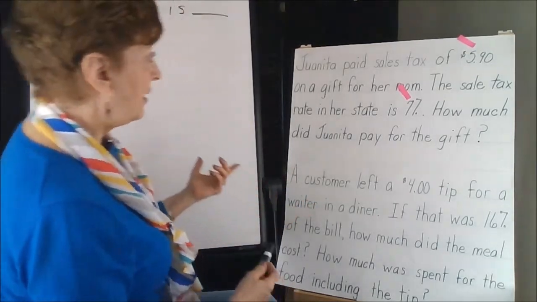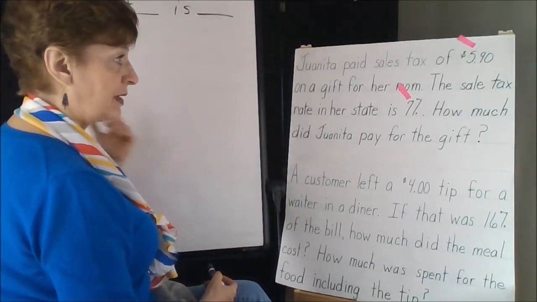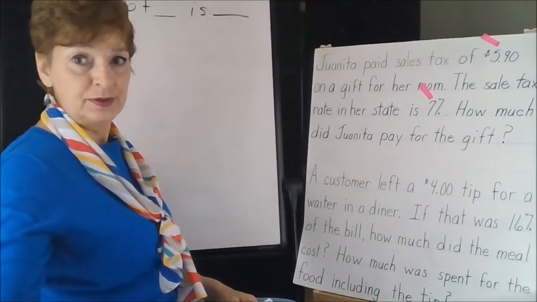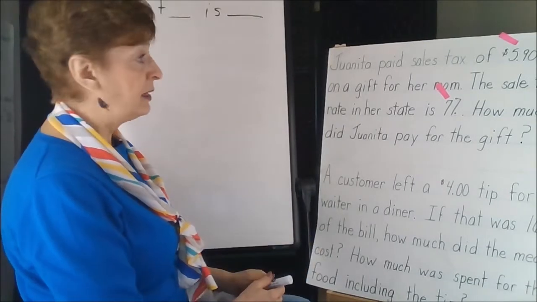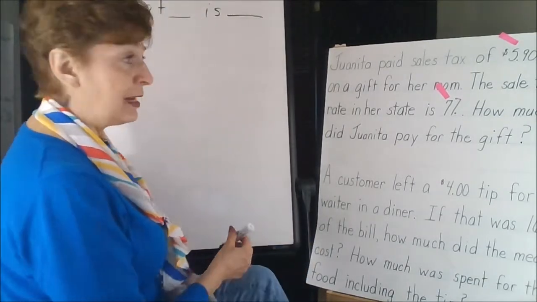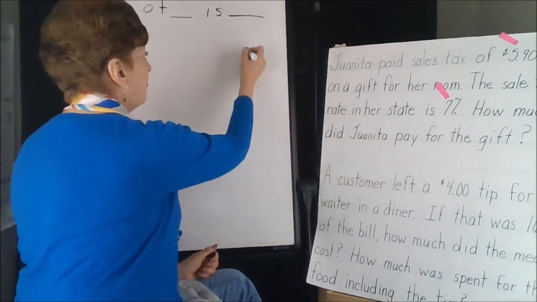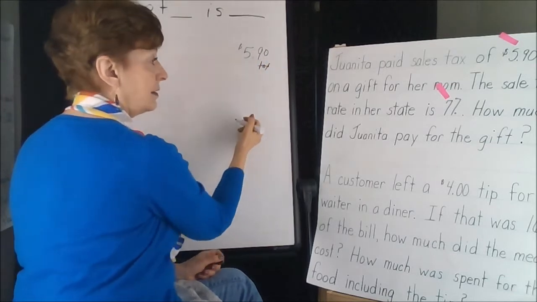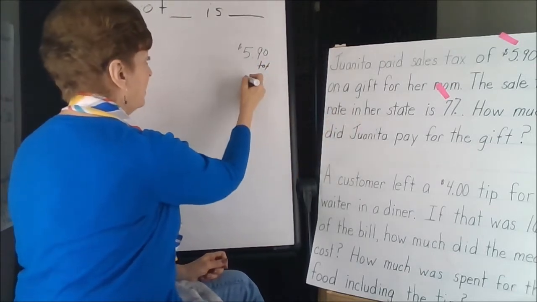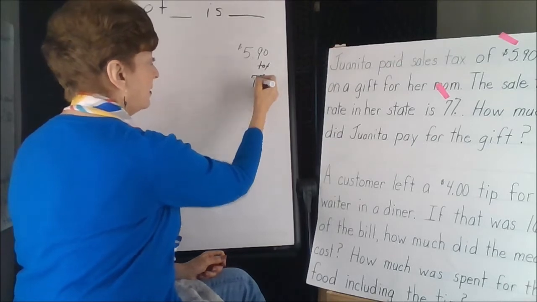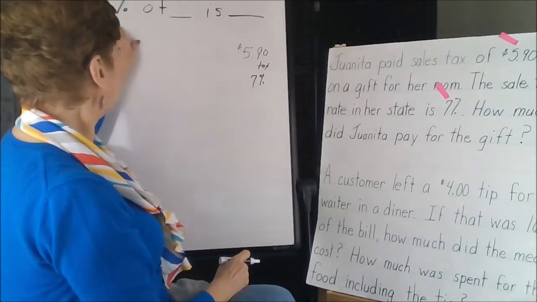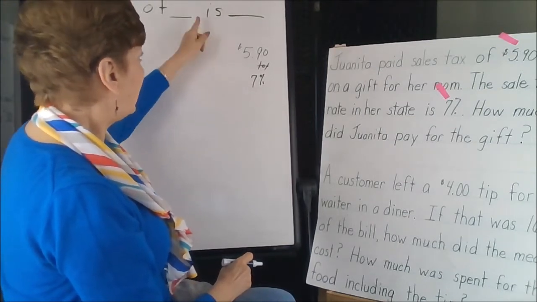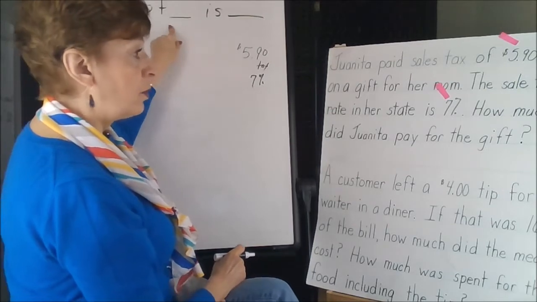Well, coming back here to our actual equation, the things that we're going to have to look for when we do any story problem is consider what the numbers mean. So $5.90 is the tax. The tax rate is 7%. We know where the percents always go in these, so this isn't going to be a problem for us. But is that the is number or the of number? When you think it through,